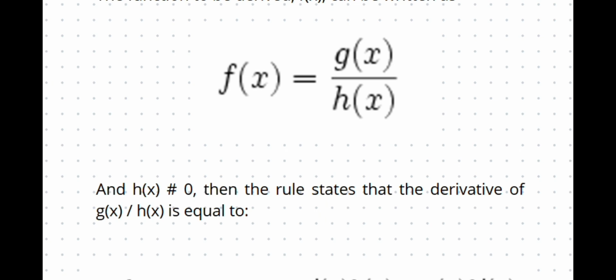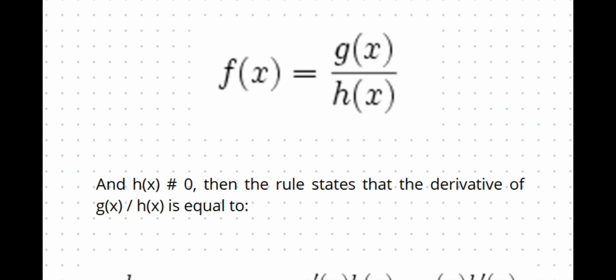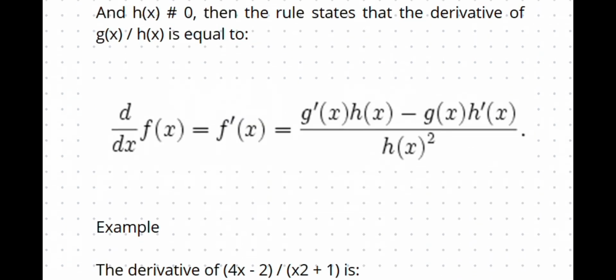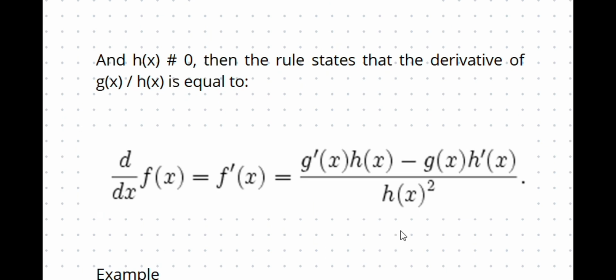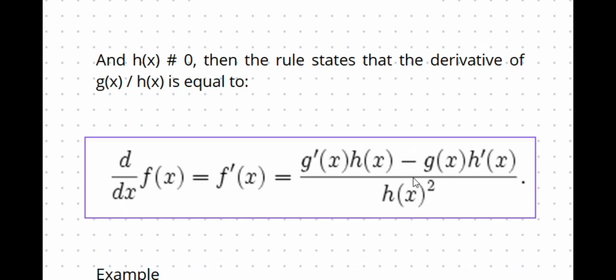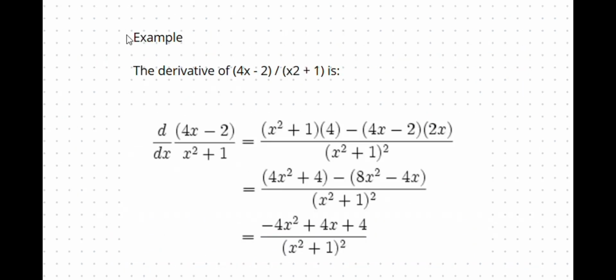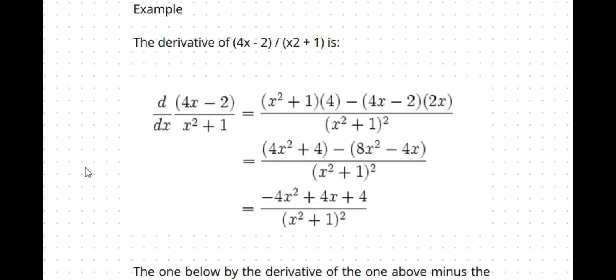The rule states the derivative of g(x) over h(x) is equal to the formula. An example: the derivative of (4x minus 2) divided by (x squared plus 1) is the formula